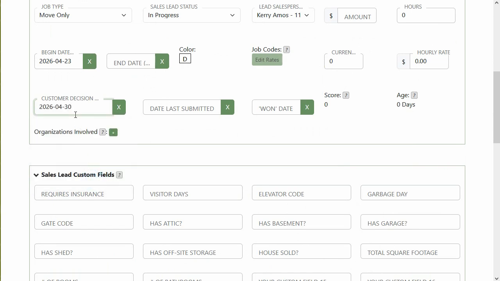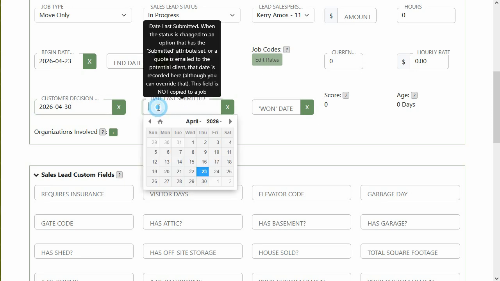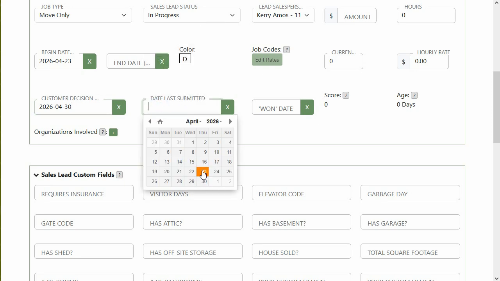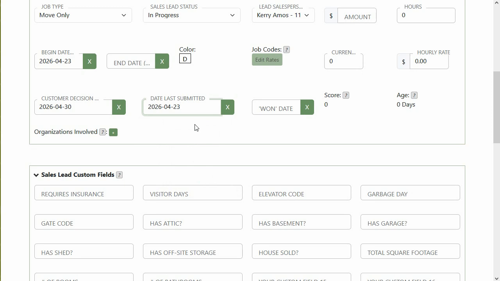SMMware will create a task. It'll assign it to your lead salesperson, and the due date will match the date you have here. When that date rolls around, the system will email your salesperson, reminding them to get in touch with the potential client. When you submit a quote to the potential client and use today's date, this would be too soon for